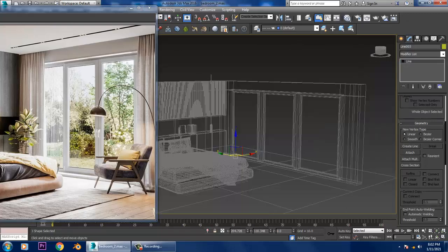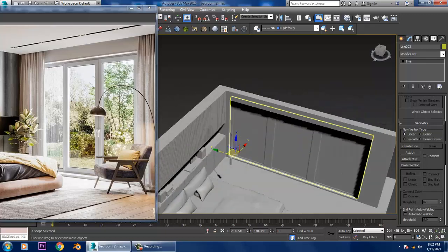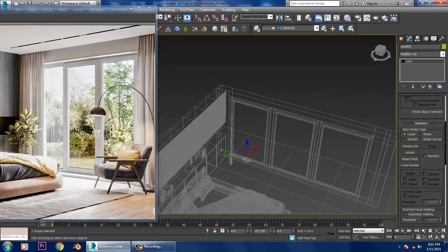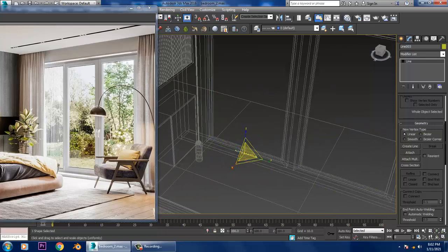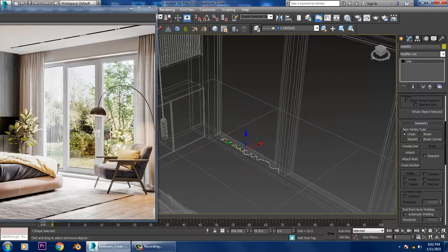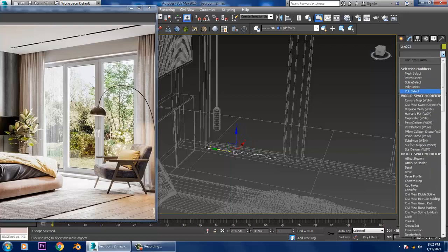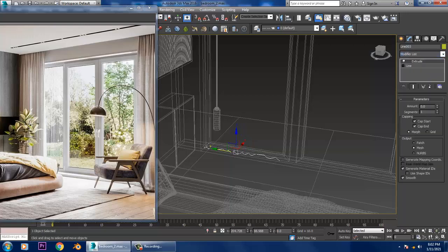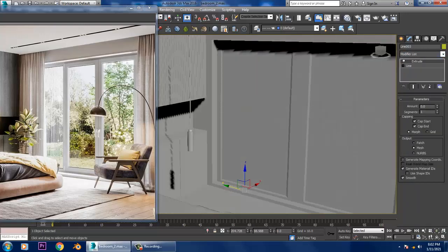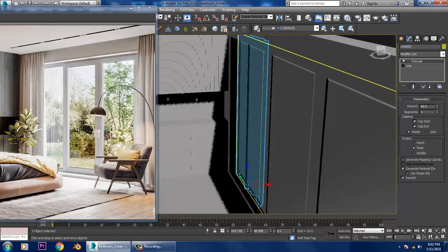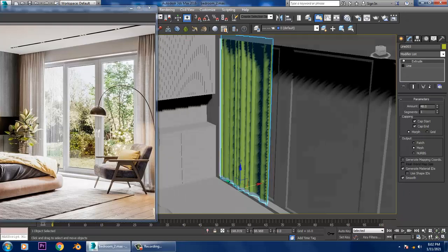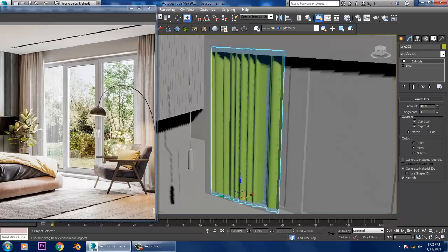After that, I'll scale this till here, and I have a modifier called extrude modifier. So let's just extrude this up over here. We can use this extrude modifier.